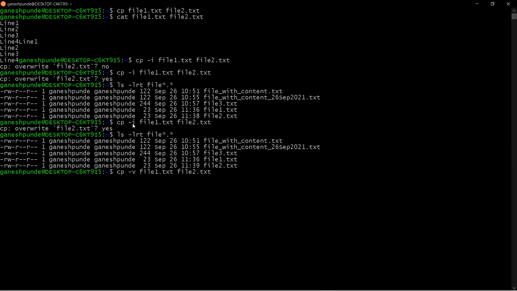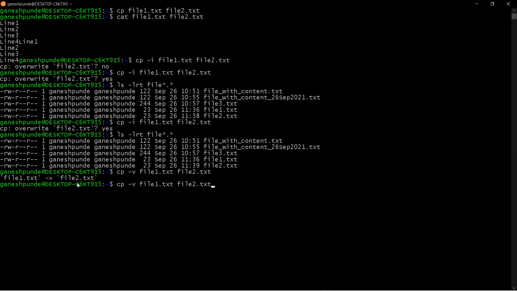So that is called the verbose message. So you can see what it is saying. I copied file1 into file2 and it is using this sign. So it means in Ubuntu world, this file has been copied to file2.